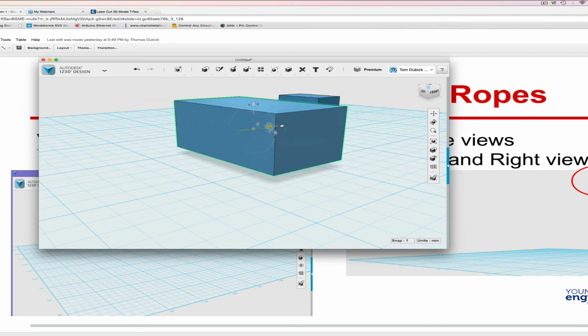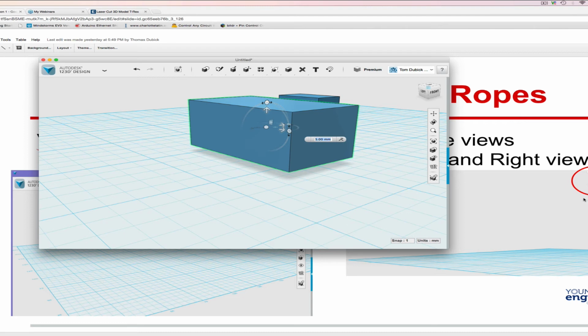I go this way, back and forth. All right. In terms of scale,